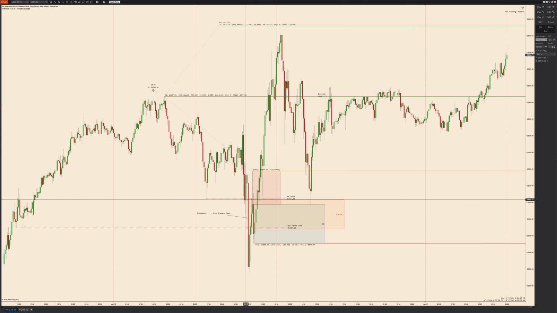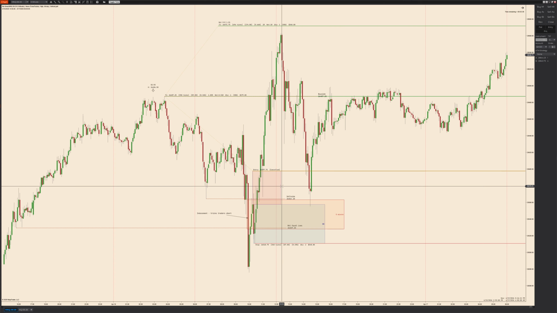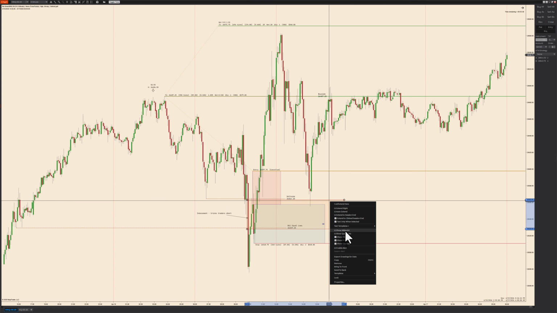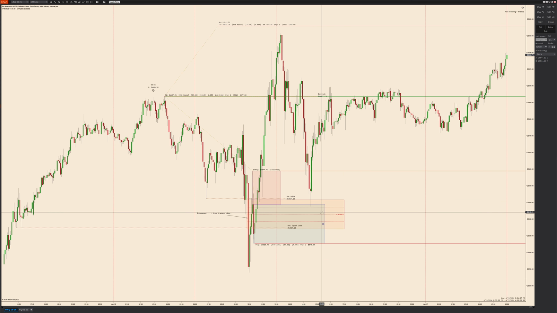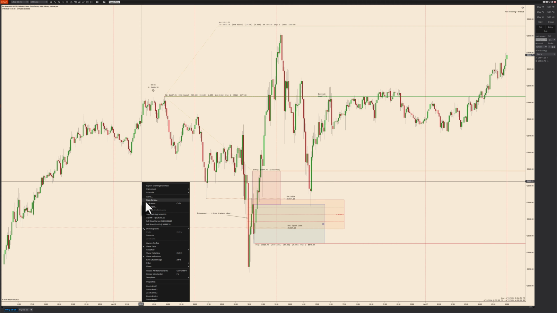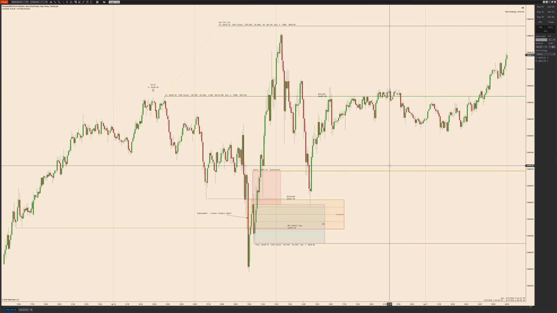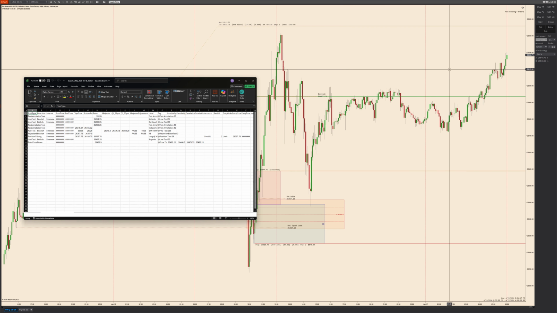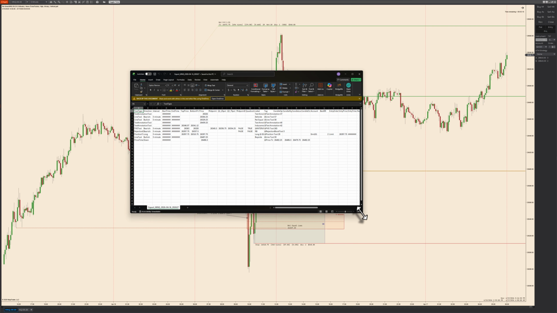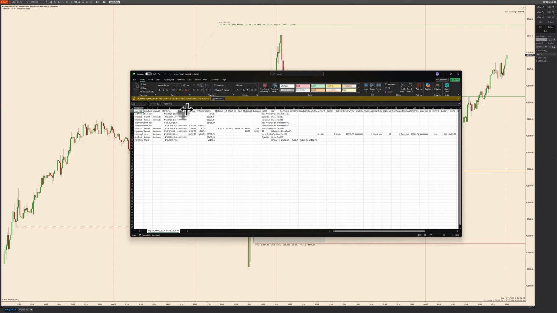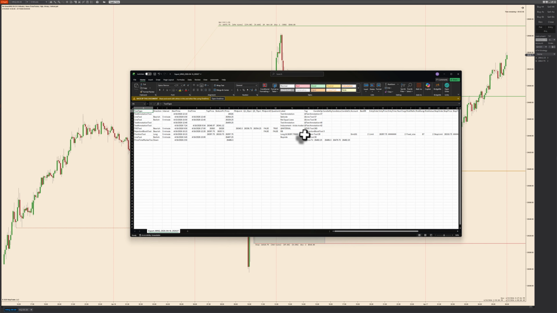But what I like about this whole suite also is everything works together, right? Let's say for some reason we wanted to use this quadrant of the fair value gaps, whatever reason is part of our analysis. What I can do is go into here, right click, and everything for this trading session is going to be exported when I do export drawings for date. We see the start times, the end times, what the tool was, whether it was bullish or bearish, the interval, the labels we created on it,